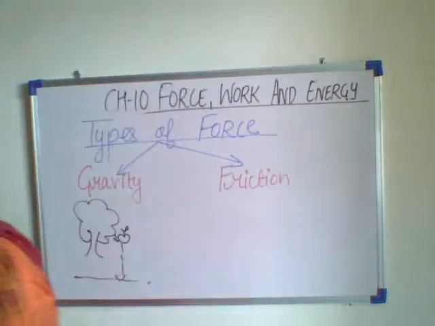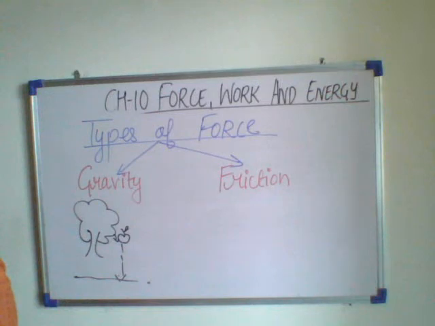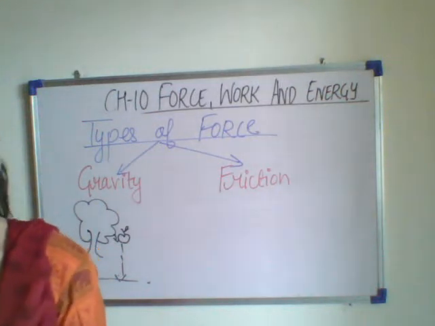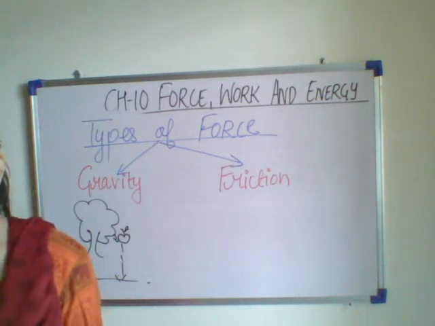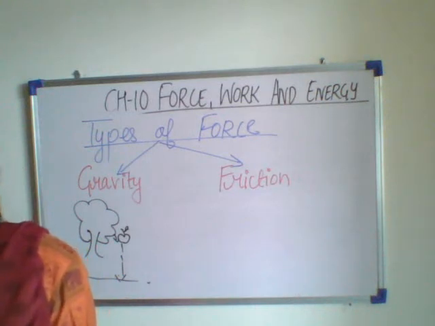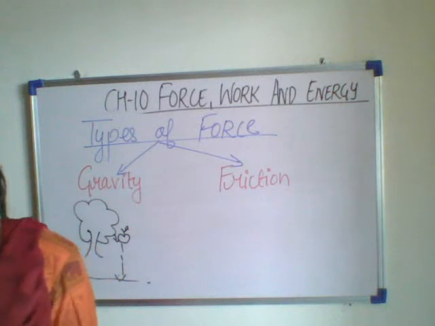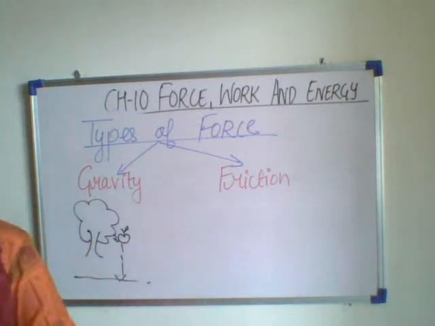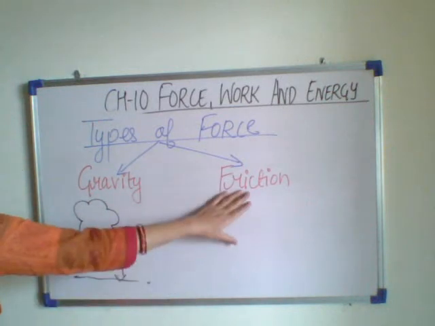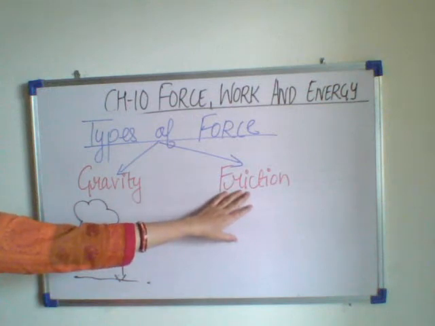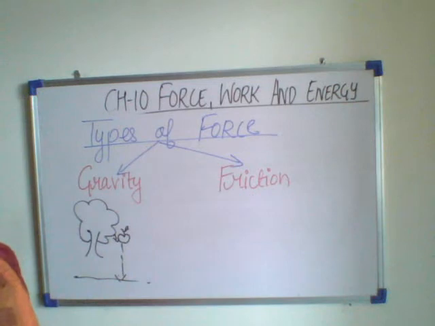So come to page number 85, everyone. Let us read. What happens when you push a pencil box on a table? Does it keep moving or does it stop after some time? It stops after moving a certain distance because of friction. What is friction? Friction is a force that acts when two objects are in contact with each other. It resists the motion of a moving object.